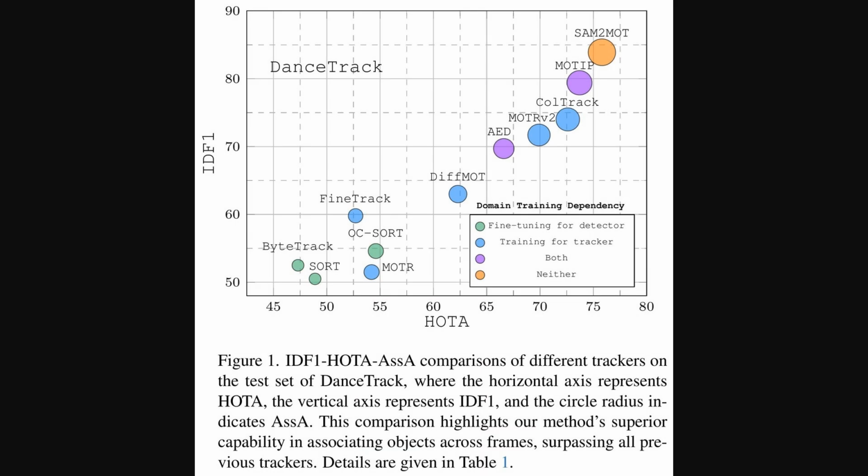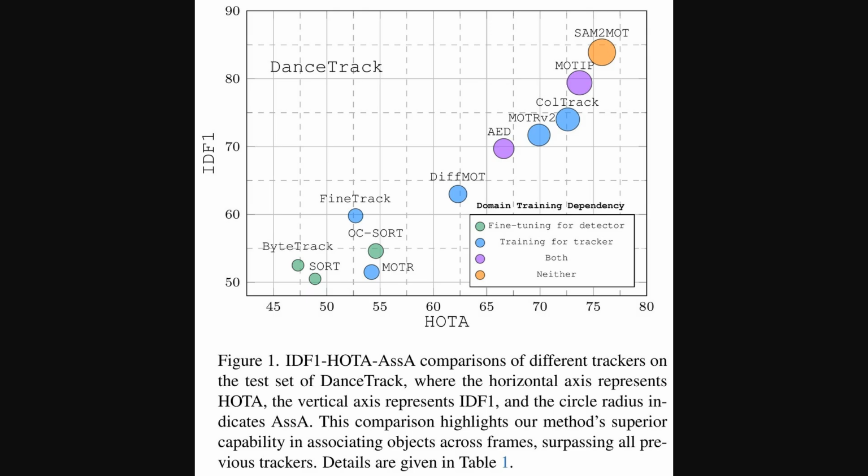Okay, so let's look at Figure 1 here. This chart compares SAM2-MOT with several other multi-object trackers on the DanceTrack dataset. The horizontal axis shows the HOTA score, and the vertical axis shows the IDF1 score. Basically, higher is better for both. The size of the circle for each tracker represents its ASA score, so a bigger circle means better association ability. You can see